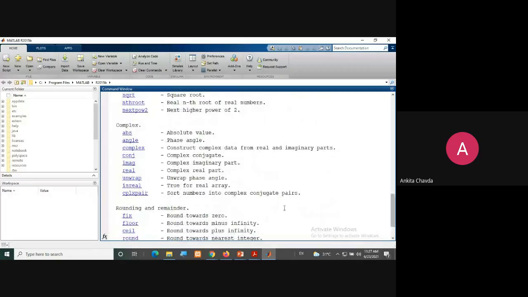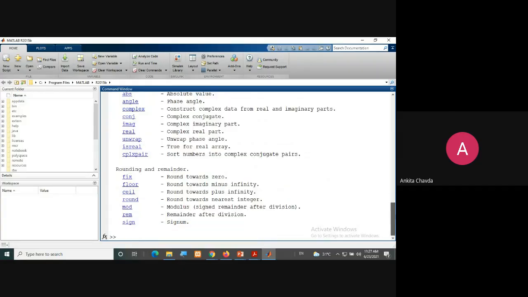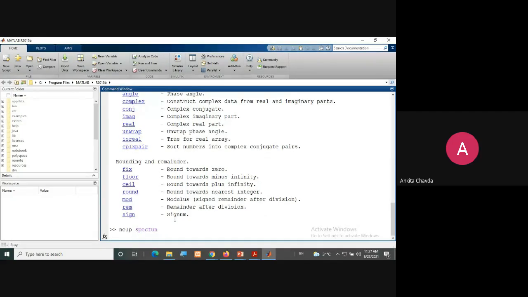Then the complex functions for imaginary and real, and for angles, abs, absolute value, and so many. We are not using each and every one, but a few of them we are using. Rounding and remainder functions, right? Floor, ceil, round, mod, rem, and so on. Okay, and now we'll check specfun, special functions.